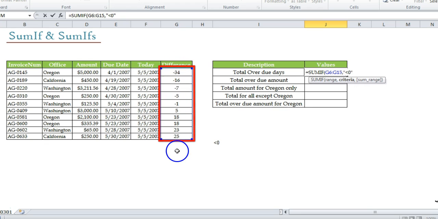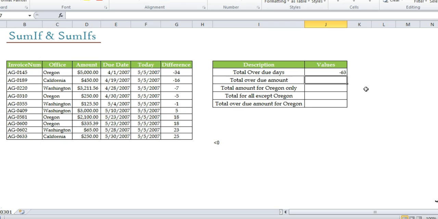I know it sounds confusing that your range is equal to sum range, but it's a coincidence in this question. Whenever your range is equal to your sum range, you can leave out sum range because it's an optional argument. What I mean is, if I just close the bracket here and press enter, I'll get the answer, which is minus 63.